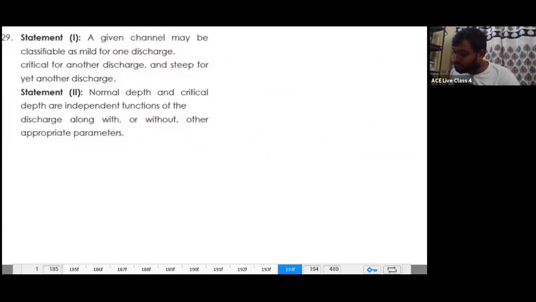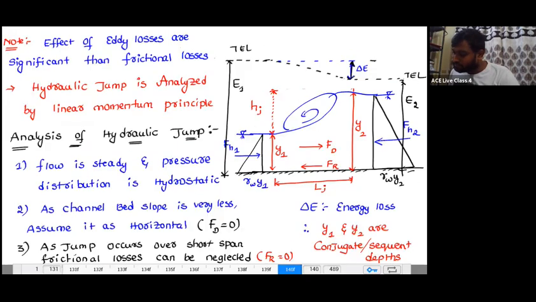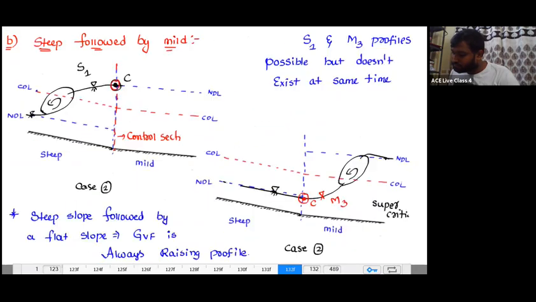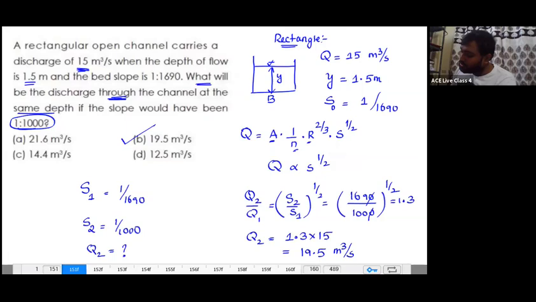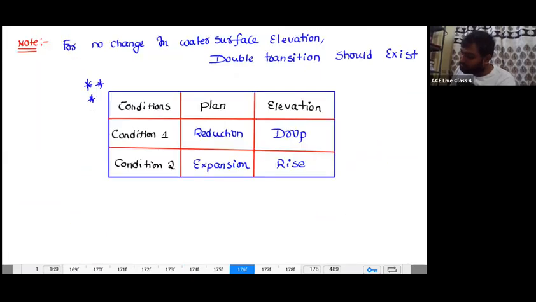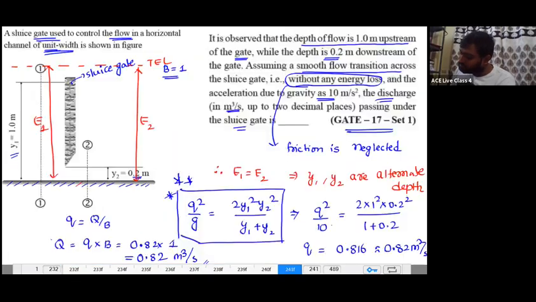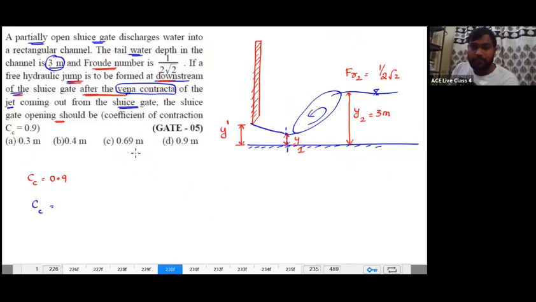if you go back, yes. So you see the coefficient of contraction is nothing but area of vena contracta by area of opening. But here I said this is M3 profile. But in the given question, I am mentioning to you the hydraulic jump is forming just after the vena contracta. Okay. So now